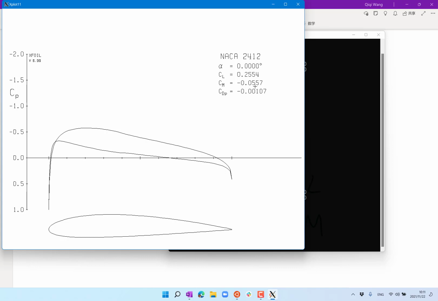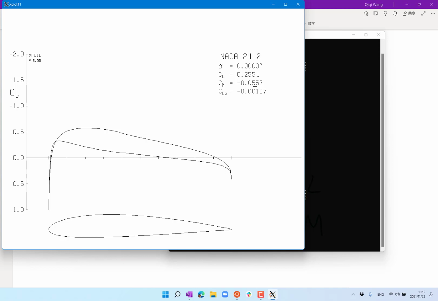A positive Cm is always by definition upward, right? A moment that's trying to increase your CL. So a negative Cm is a moment that tries to pitch your nose down. Okay, so this means that if the lift is at a place where it tries to tilt your nose down, where is going to be the lift? Yes, it's behind, right? A positive lift that's trying to tilt your nose down should be a lift that's downstream